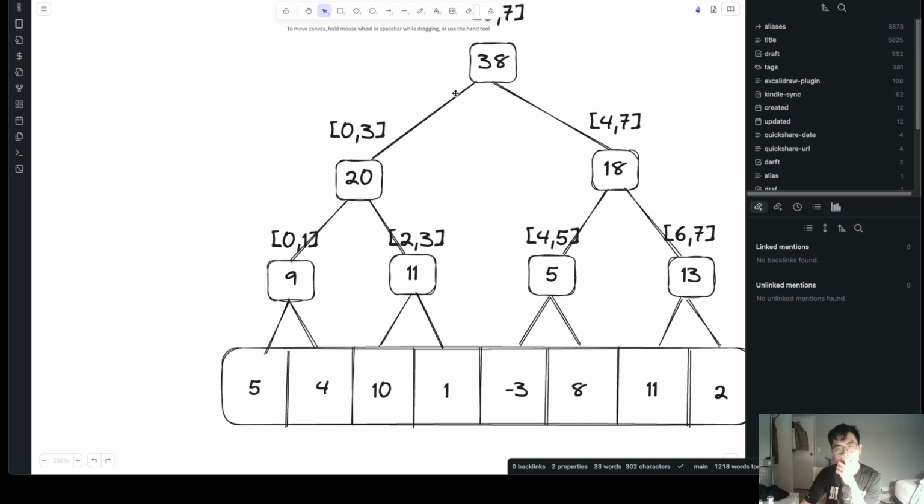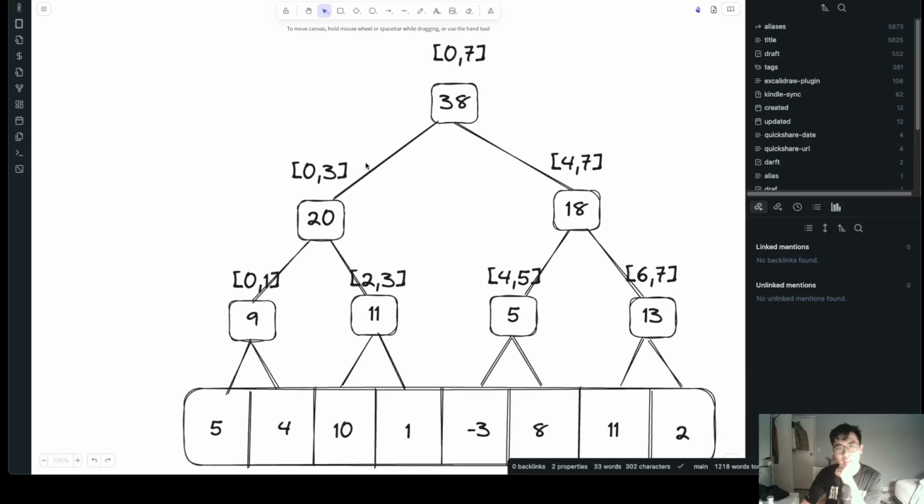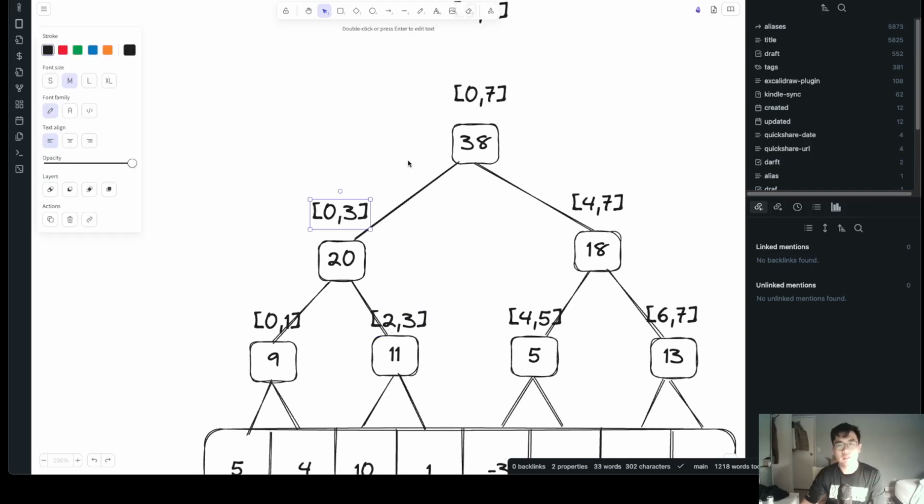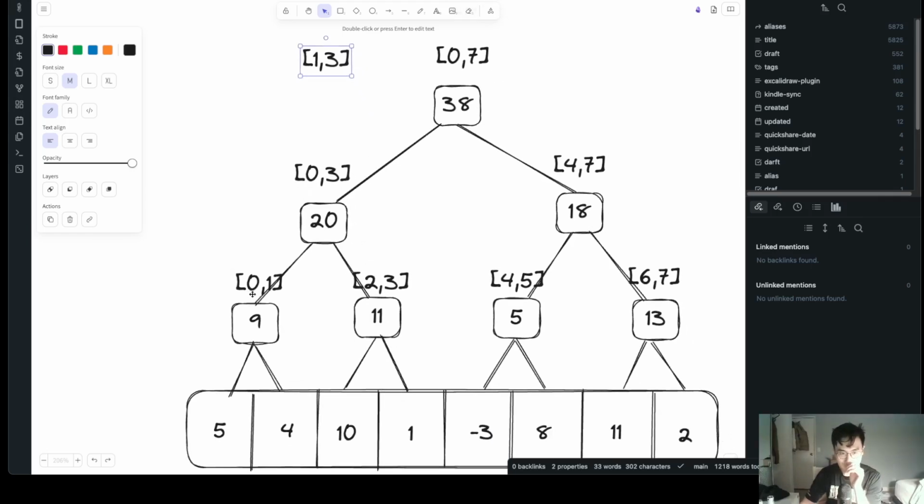But remember that because we visited both the left and the right child, then it cannot be less than the right side, and must be greater than 2. Like, it must be 3, right? This side must be 1, 3, right? So the left side must be 1, 3 included in the original query, and if it's 1, 3 included in the original query, this will be visited, and this will be visited, and then we'll stop here, and then this will go down here. So this node will be visited, this node will be visited,